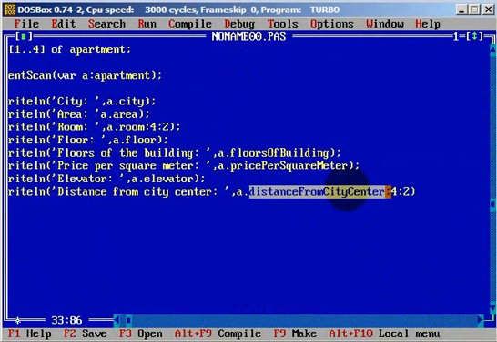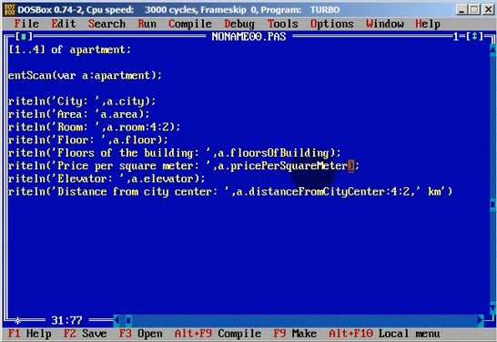.2, and we can also use a text, and it will be km as kilometer. Okay, here where we have price per square meter, we can use euro, or you can use a dollar, whatever you want. Okay, and now